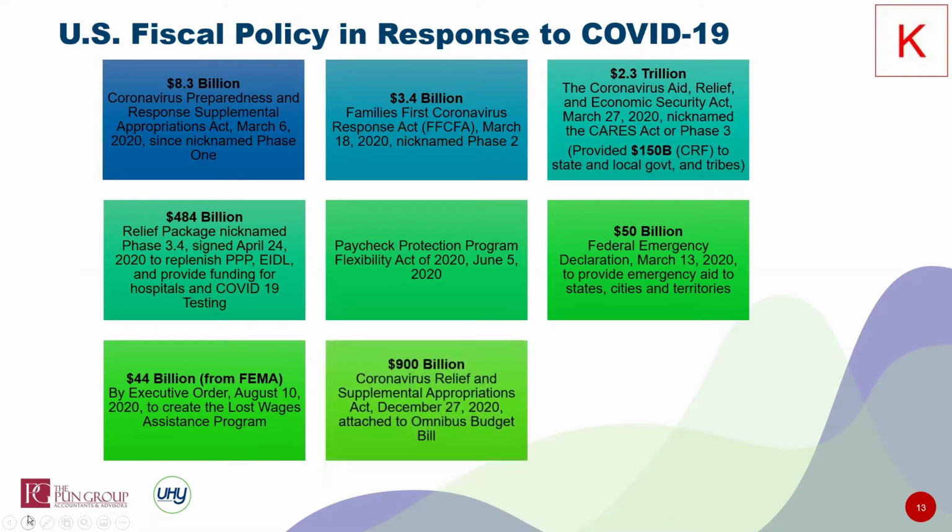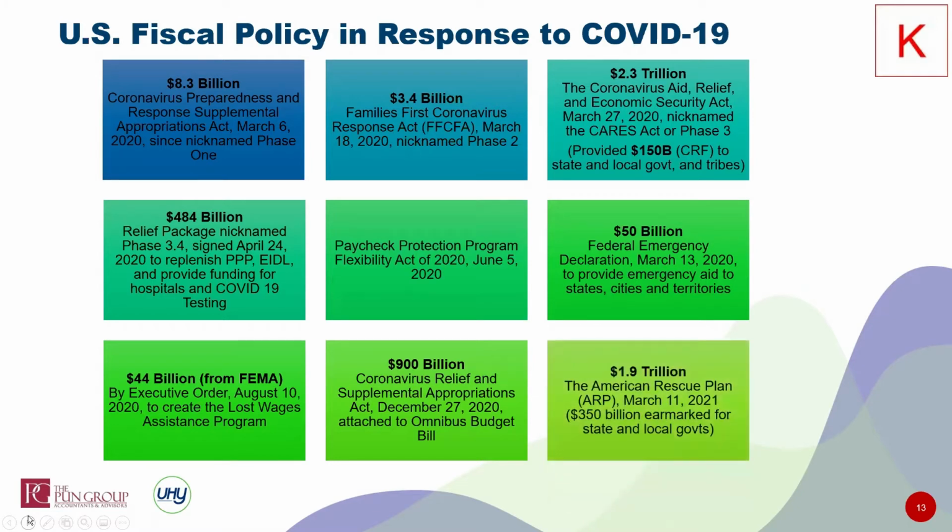And then finally, in December, post-election but before the inauguration, $900 billion was passed for the Coronavirus Relief and Supplemental Appropriations Act. That was actually attached to an omnibus budget bill. And then finally, one last $1.9 trillion is what we call Stimulus and Relief Package 5, the American Rescue Plan. The ARP was signed March 11th of 2021 by Joe Biden as president,